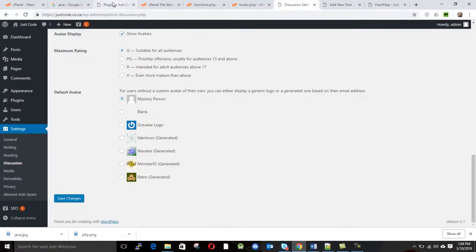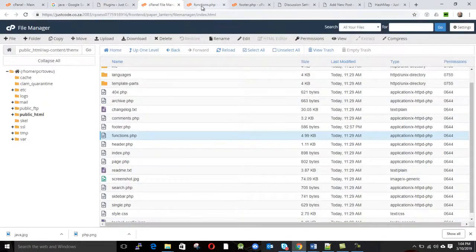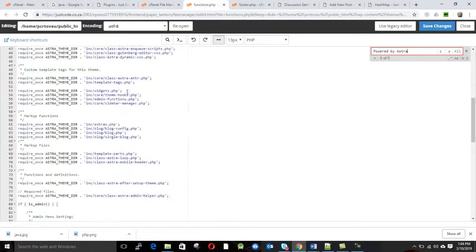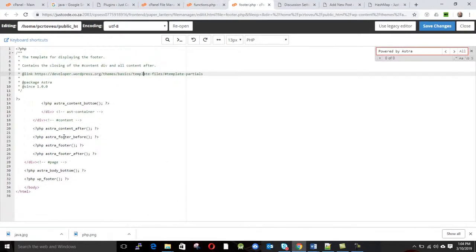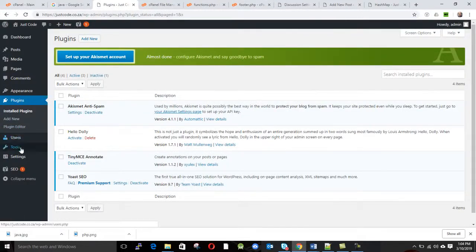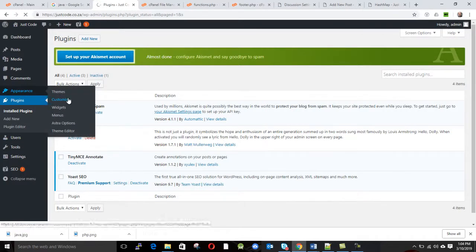So now we try to see if we could get the footer out, but the problem is that these are the places where most WordPress developers put their footer information. So if we don't find it in your functions, and also you can't find it in your footer, here you can see how the footer looks. The other way to do that, you can come here and go to Appearance, then you say Customize,